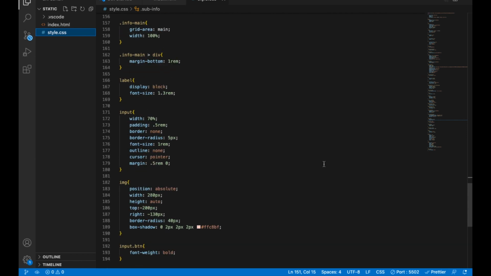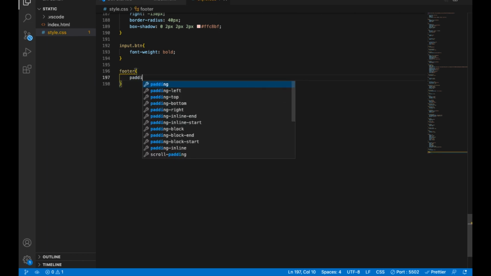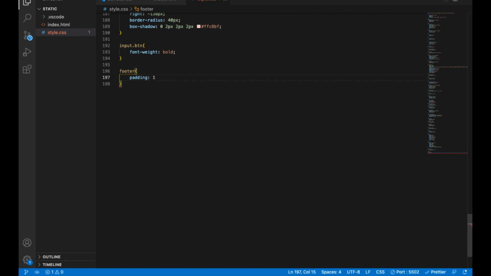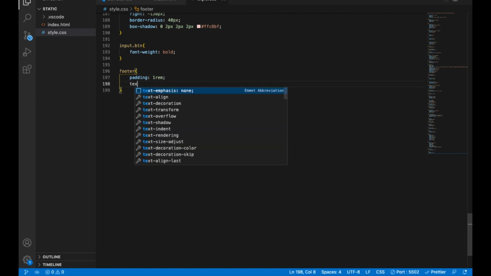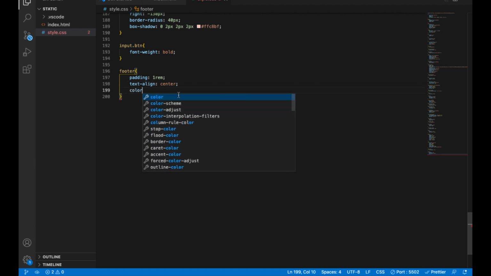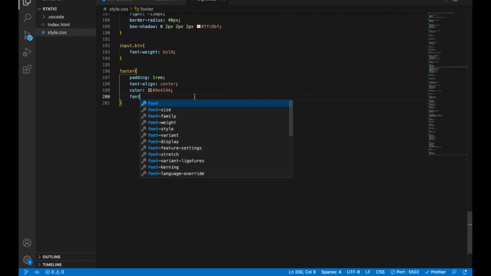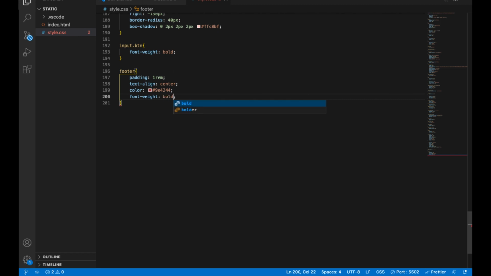Now for the style.css, all we've got to do is reference footer directly, give it a padding of 1 rem all over. Then we want the text to go to the center, so we set text-align center. Then we want color TV9E. This one, where is it? It's not here. 9, yeah, this one. Then we want the font weight to be bold. And yep,